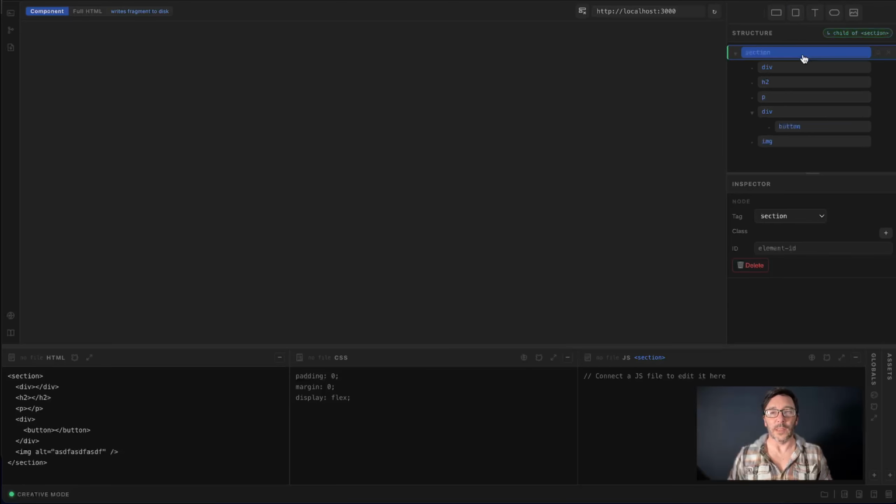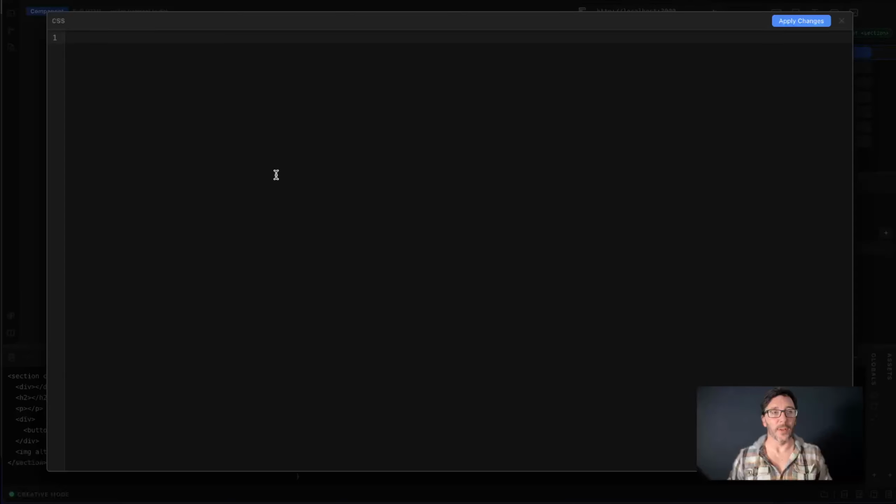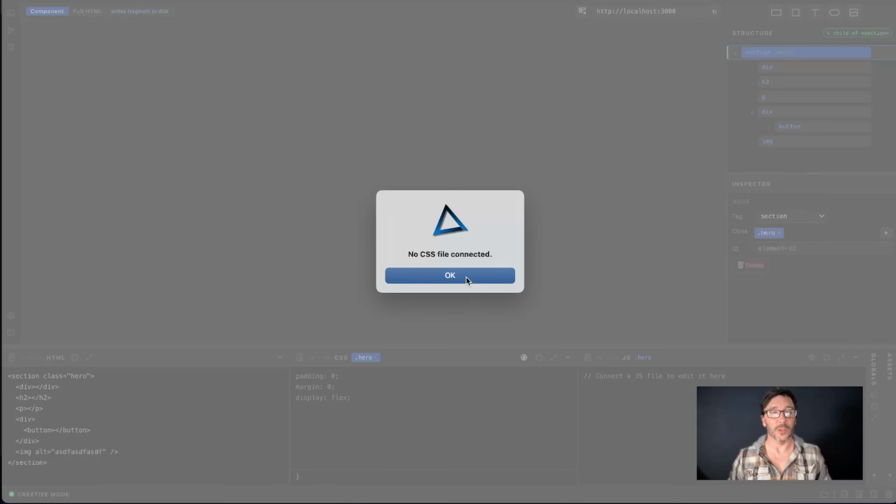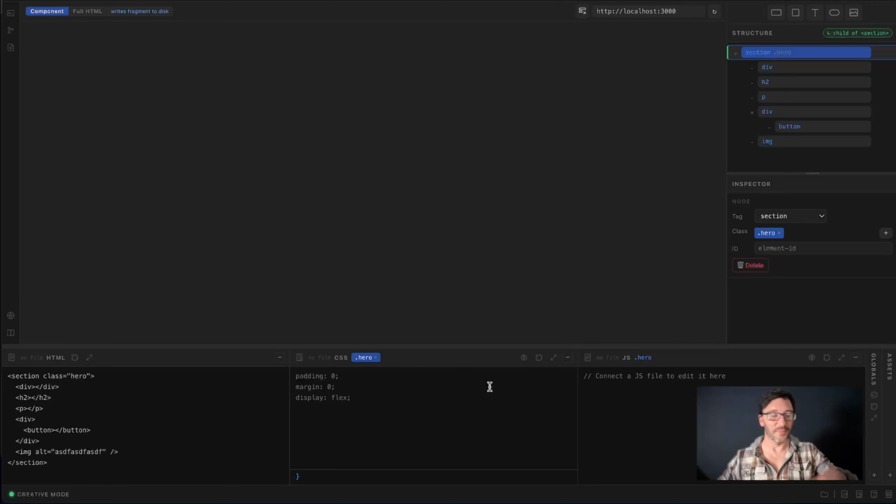Okay, so we've got all of these, and now we've got that structure all sorted out, and we've got the semantics sorted out. We can get to work with the selectors. Okay, so this would be a hero, and I'm going to press enter. Now we've got the hero class attached to that. Now, if we have a quick peek, this is our selector, and we need to put a style on there. But if we have a look in it, there's nothing there because we haven't got anything there. If we look at the global sheet, I haven't even,